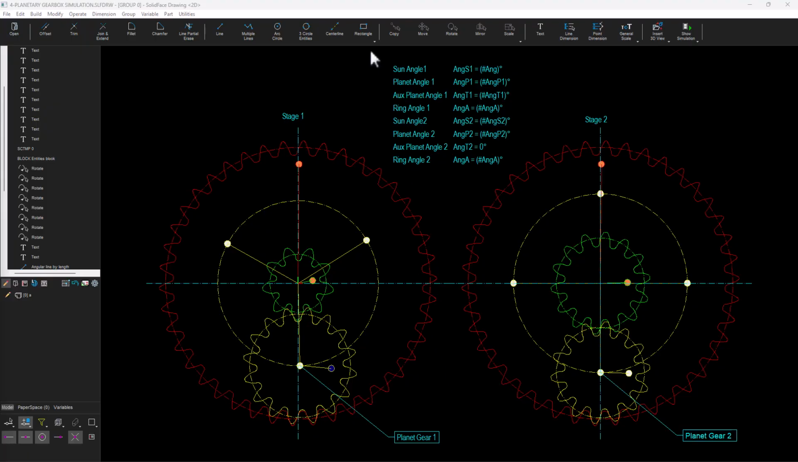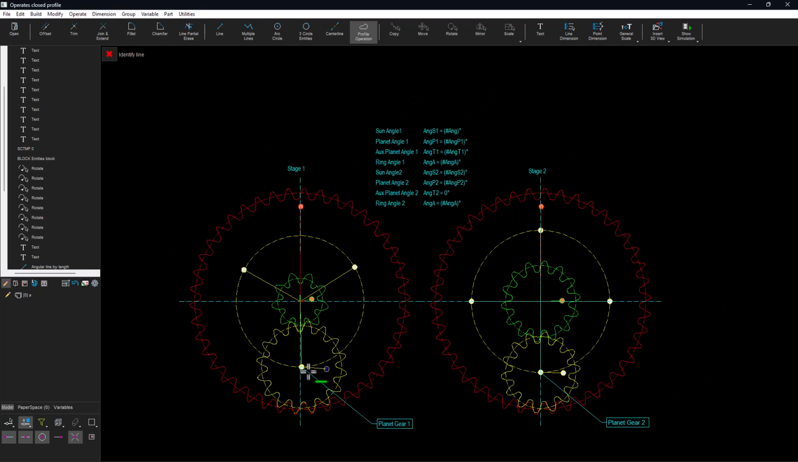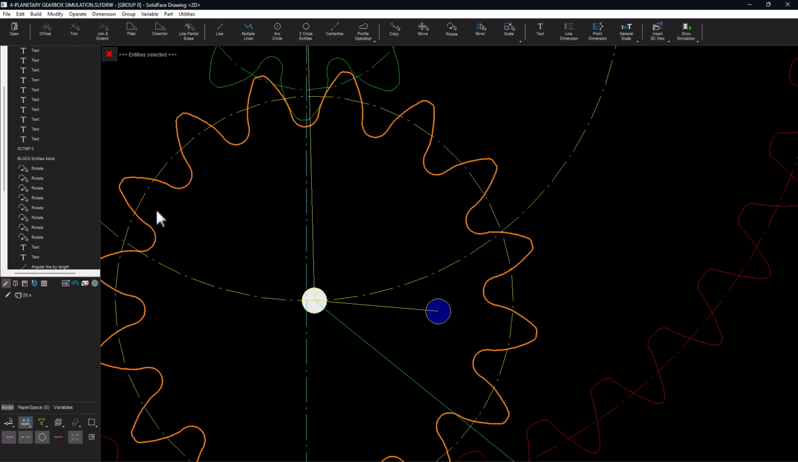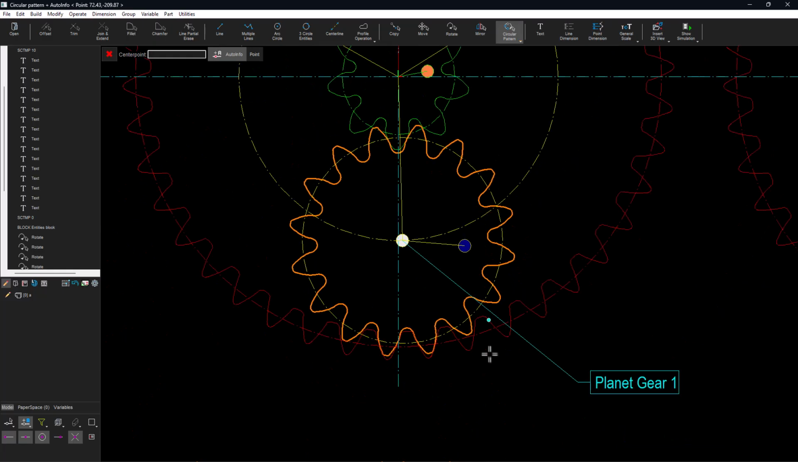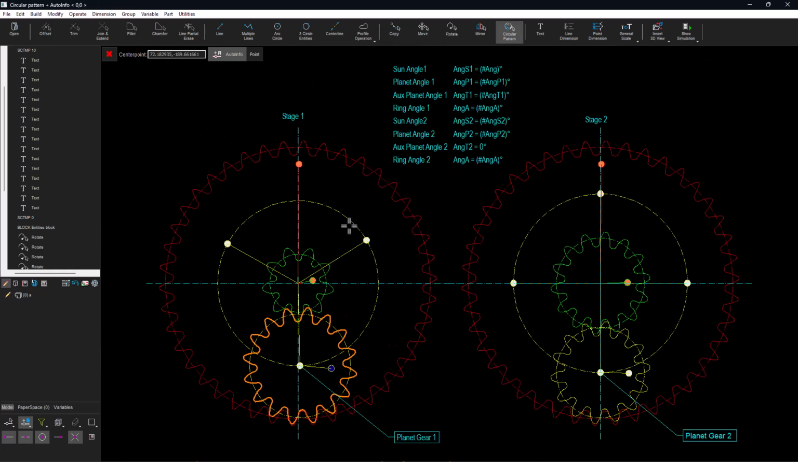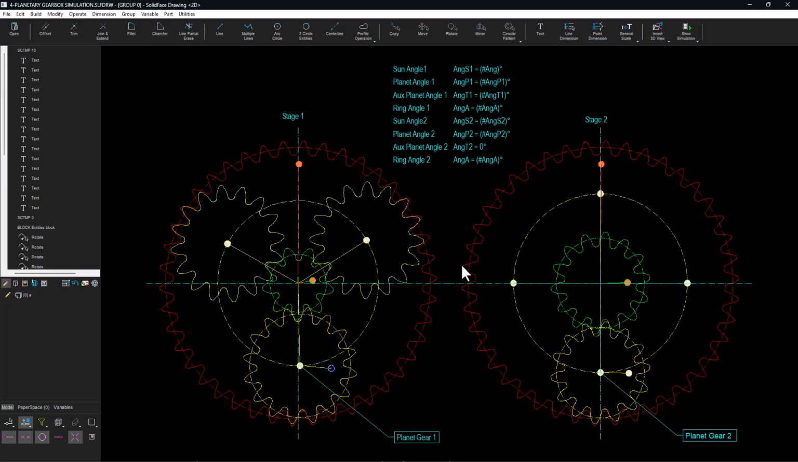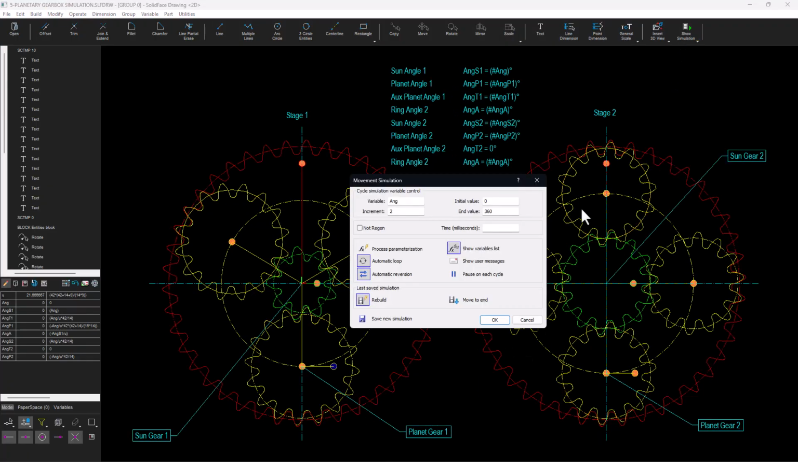Now we are going to create 2 new auxiliary planetary gears of stage 1. First select its contour. Creating a total of 3 gears. The angle will be 360 degrees divided by 3, and a total of 3. And do the same for stage 2, but now with a total of 4 gears. And the result is